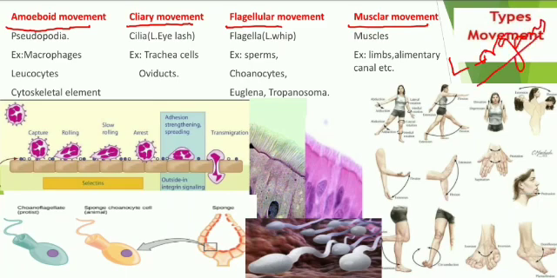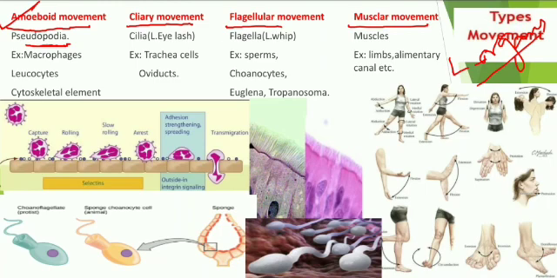They want to move from one place to another place. For that, these organisms are utilizing certain organs. Based on those organs, they have done these four types of classification. First of all, any organisms or any cells that can use pseudopodia for locomotion, that is known as amoeboid movement. And this pseudopodia we have commonly seen in amoeba. That's why amoeba is a sure example for amoeboid movement.